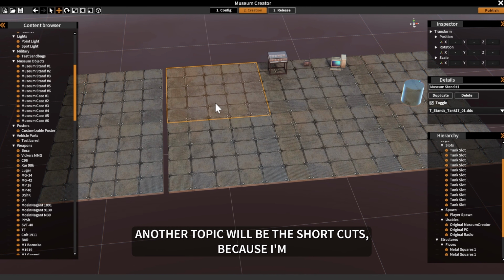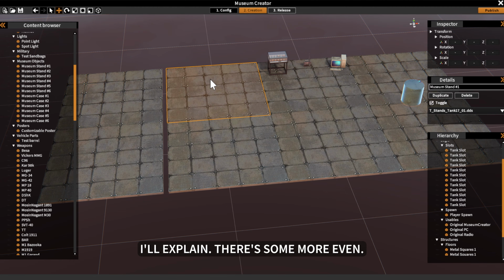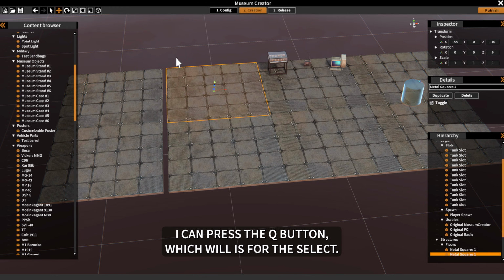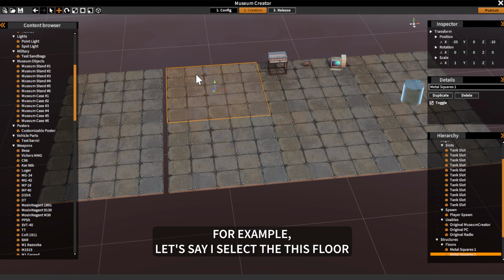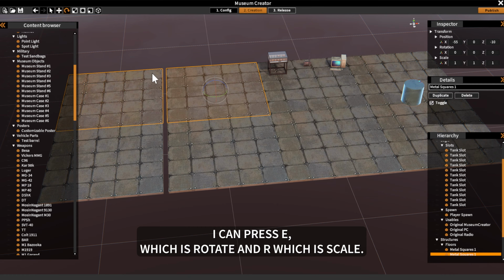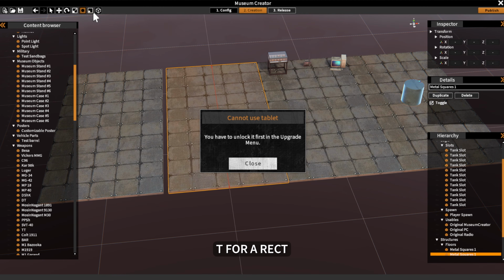Another topic will be the shortcuts, because I've already shown some shortcuts that I'm using or explained. There are some more even. So for example, if I want to make a selection, I can press the Q button, which is for select. I can have the move. For example, let's say I select this floor, press W, which is the move tool. I can press E, which is rotate, and R, which is scale. If I have more objects selected, I can also press T for rect,